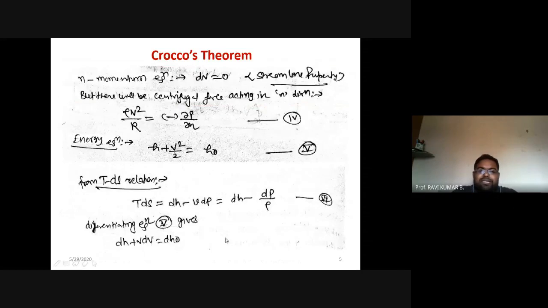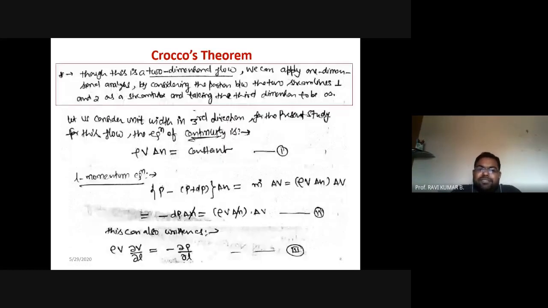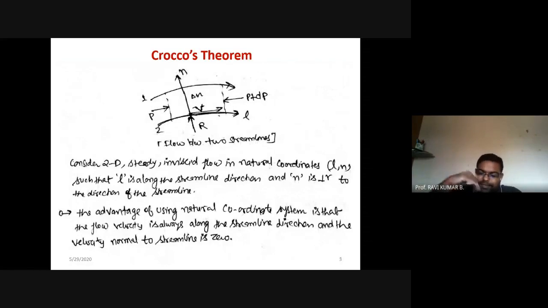Now if we apply the momentum equation in the perpendicular direction, as I said, there is no flow in the perpendicular direction, so the change in velocity dV is equal to 0. But if you look at this diagram, the stream tubes are curved, so the flow is getting turned, so there will be a centrifugal force acting along this curvature, and that needs to be addressed. Let's suppose the first streamline is situated at distance r from some arbitrary center point. From there, the radial distance is r.